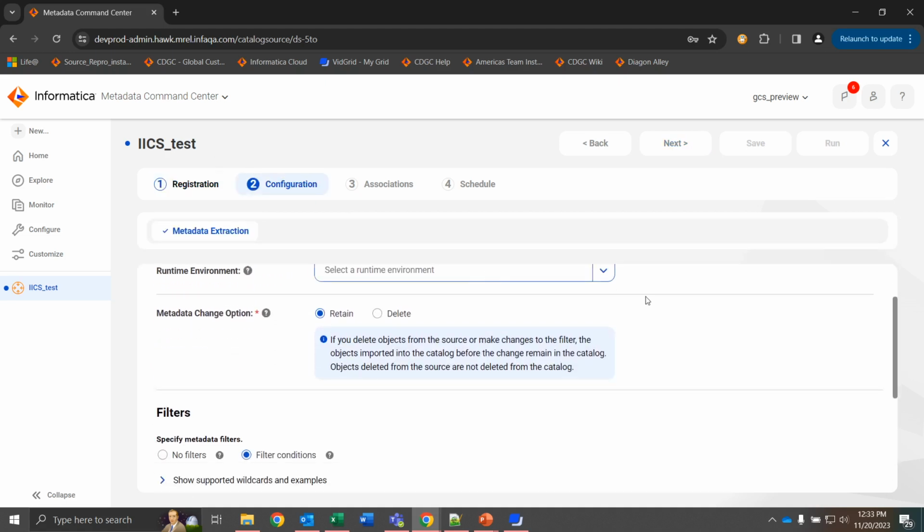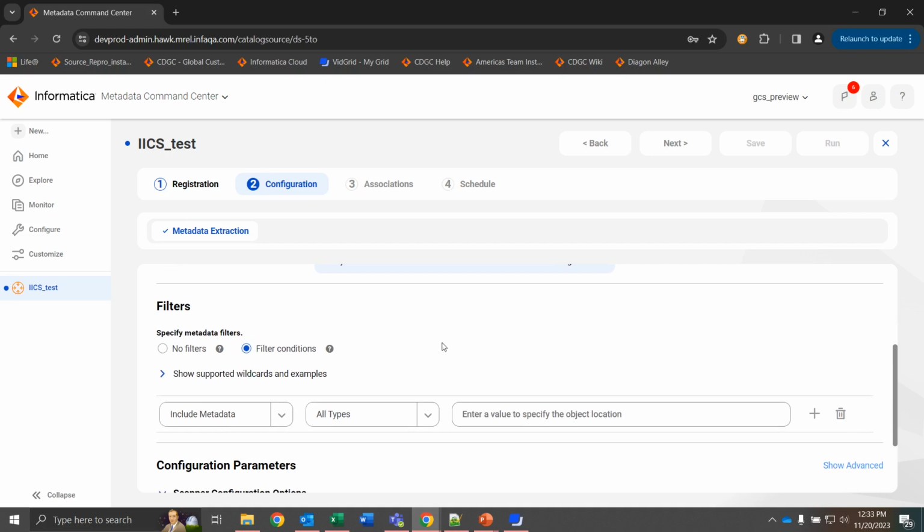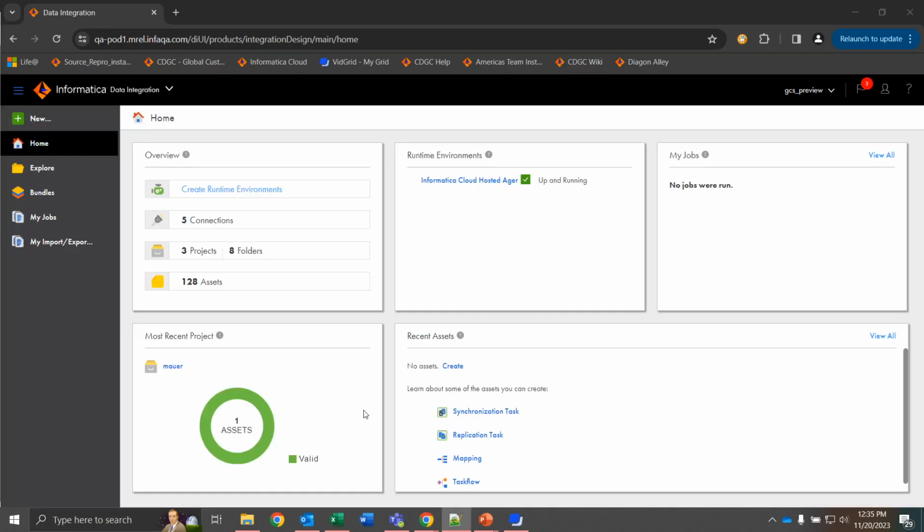What's interesting here is when we move down to the filters, we can specify our filter conditions, and here within the inclusion of metadata, we can actually move into schemas, which we were not able to do before. This inclusion is meant to provide more specific information and let us drill down to what we really want out of these connections. Moving on to our next two pieces, we've added support for the Business 360 FEP connector write